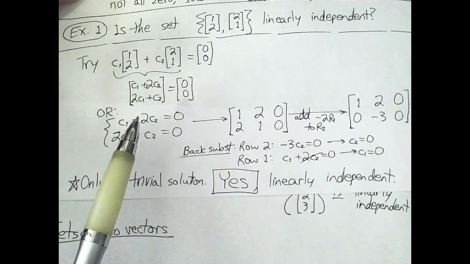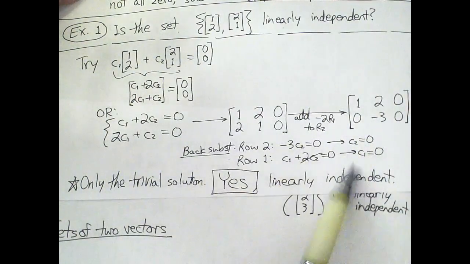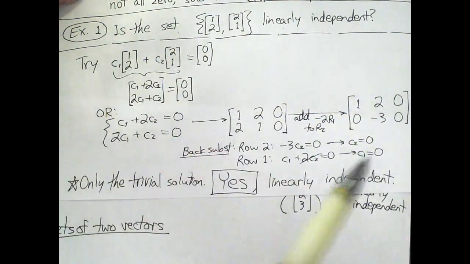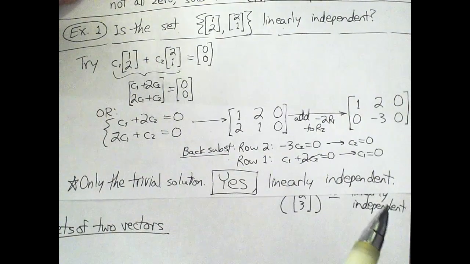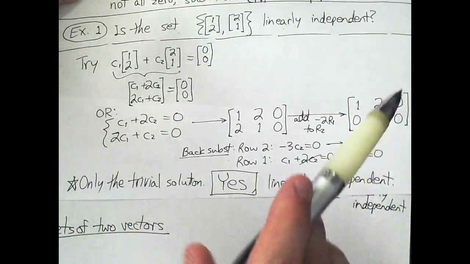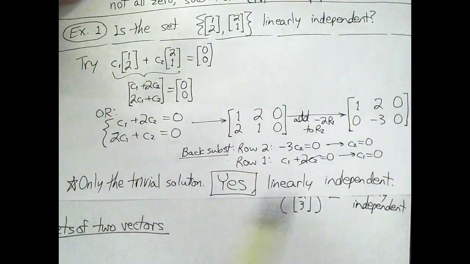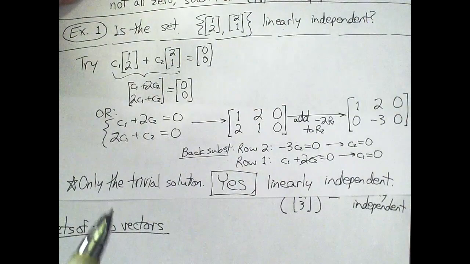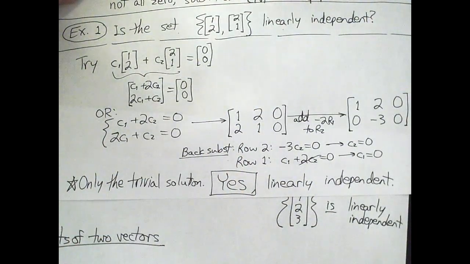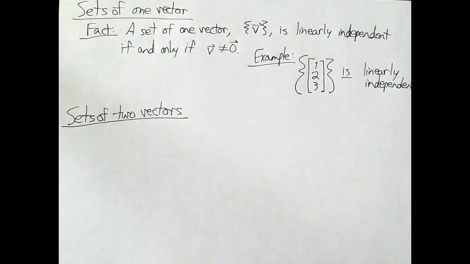And we answered it by solving a system. It turned out that we only got the trivial solution. So you could always do this, right? And any theorem or fact that I'm about to say would be potentially a shortcut that lets us skip some of this. But this would still work, right? So if you have a set of two vectors,